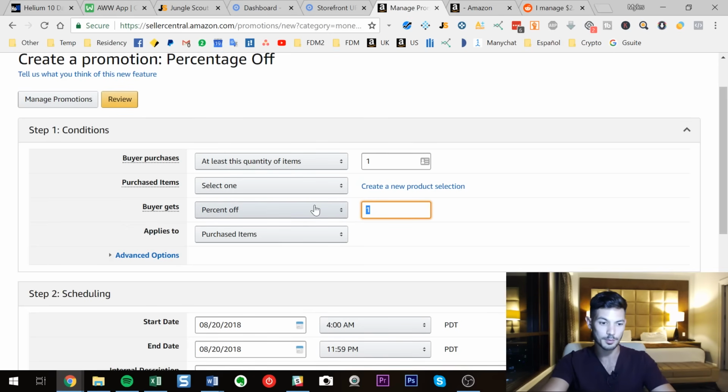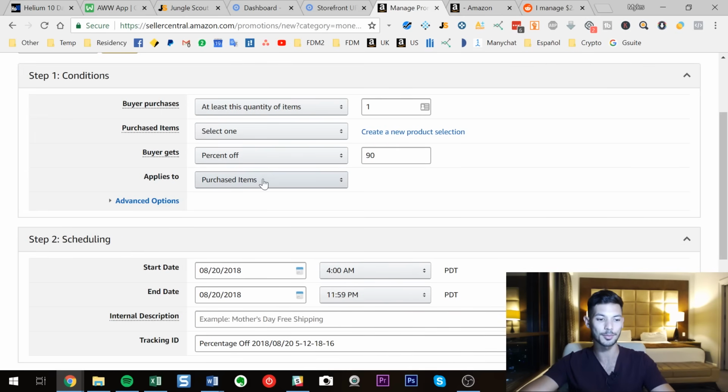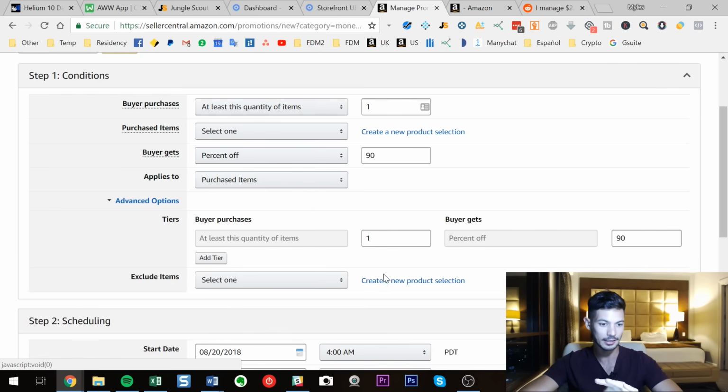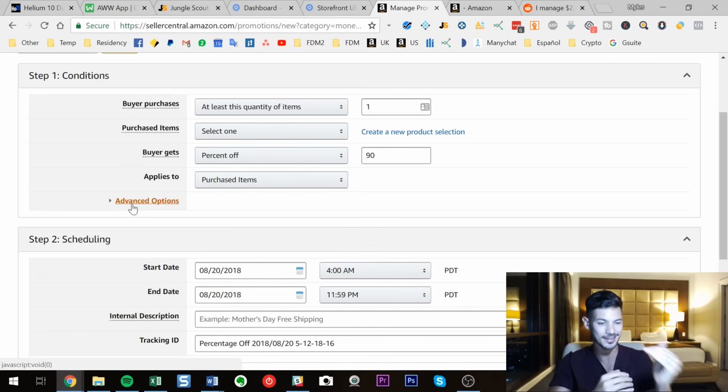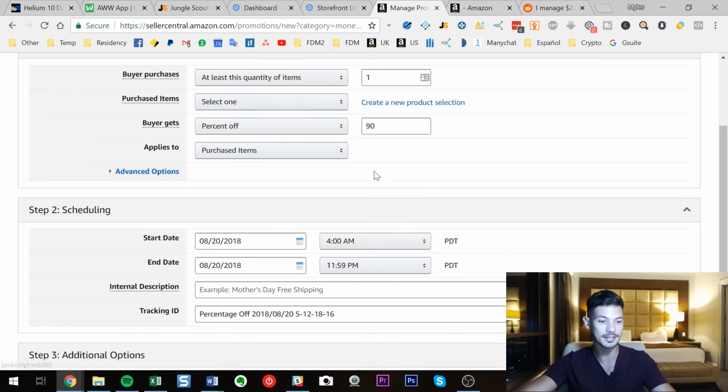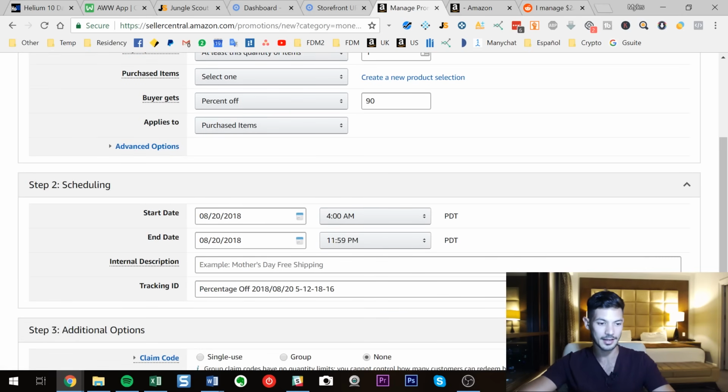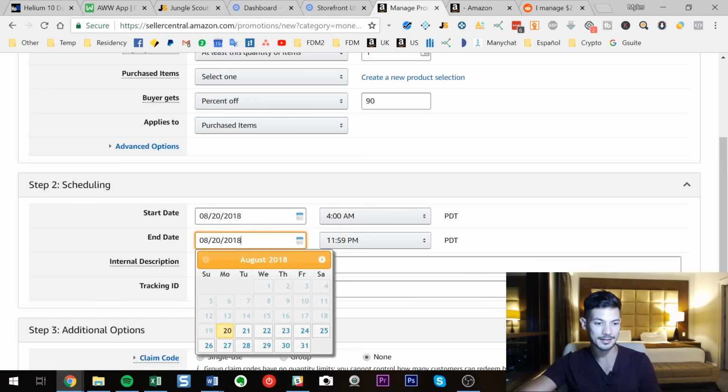Now the next one is buyer gets % off, set that to 90, and applies to purchased items is fine. Advanced options, you can leave that alone. That's just for setting tiered pricing, which we don't need in this case. Now start date and end date. I will just set it to start now, it's okay. And then end date,